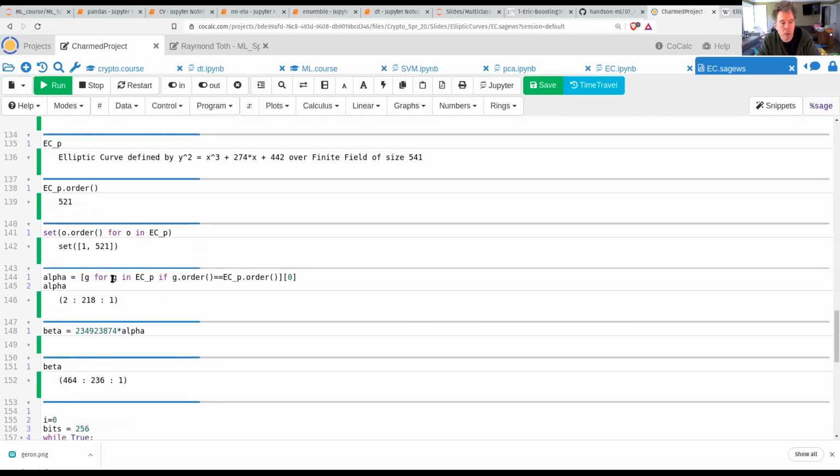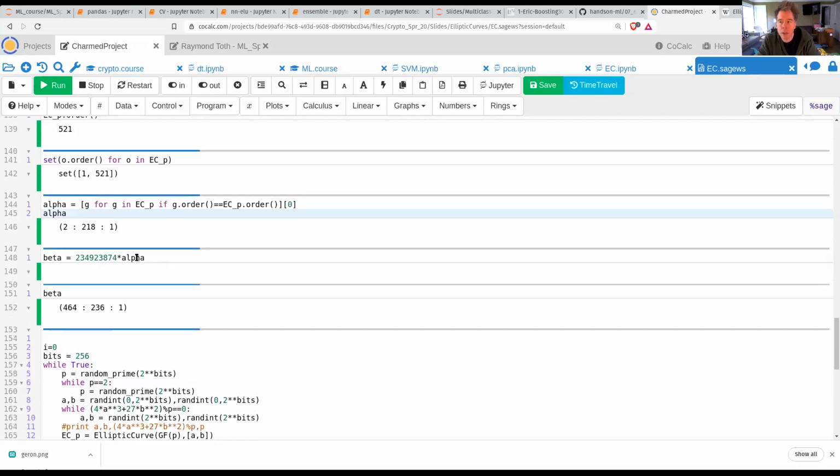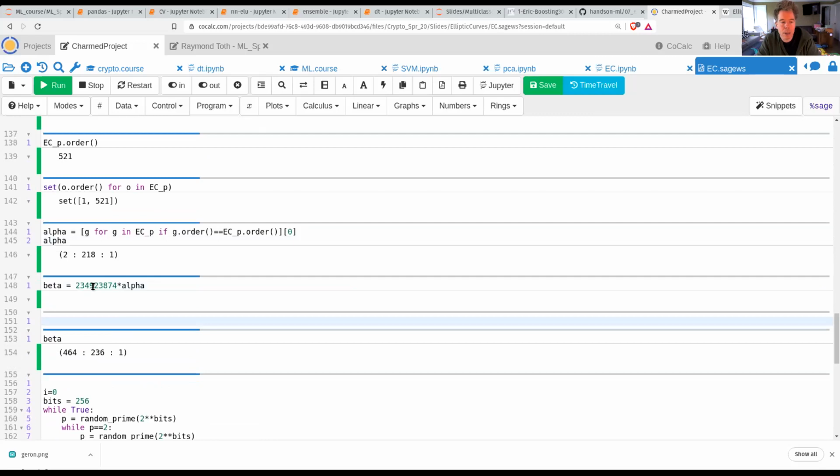Okay, so what this is doing is picking a generator. Alpha would serve as a generator here. And now beta is equal to some multiple of alpha. This is just using the elliptic curve to do public key cryptography. Alpha is the generator, beta is the public key, and this number is the private key. And from beta, there's no way of recovering d, this constant,